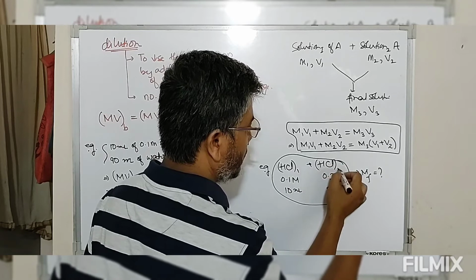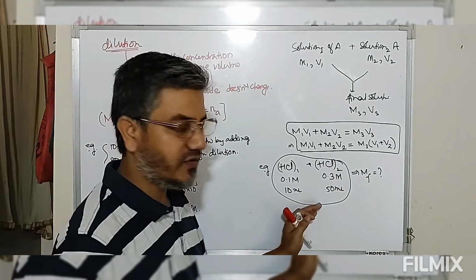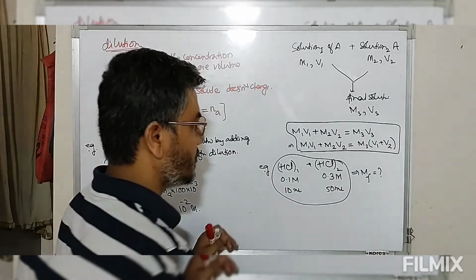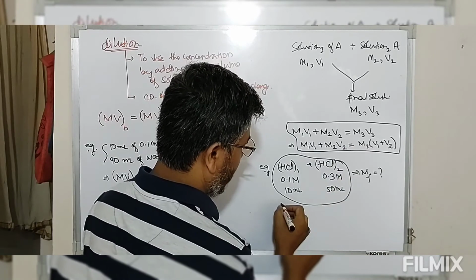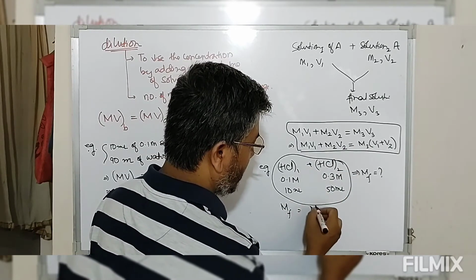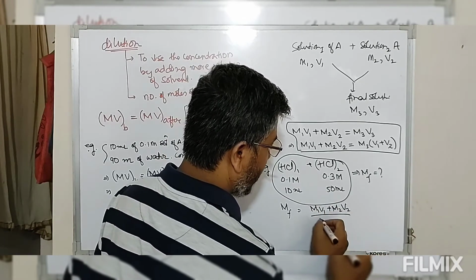Solution 1, solution 2. Their respective concentrations and volumes are given. So we have to find the final concentration after mixing of this HCl solution. Now look at this, we have this relationship. Therefore M final, which is equal to M3, is equal to M1V1 plus M2V2 divided by the total volume